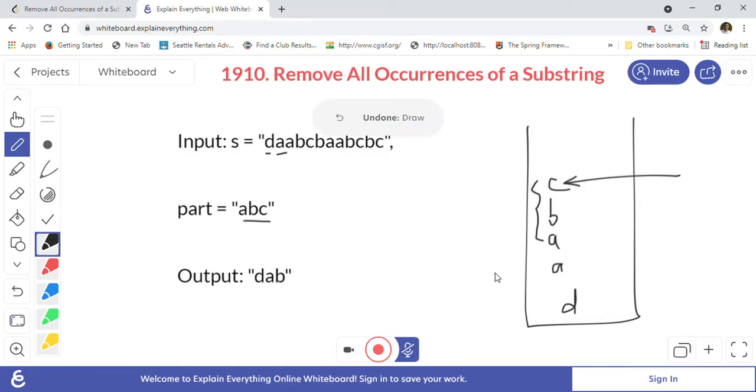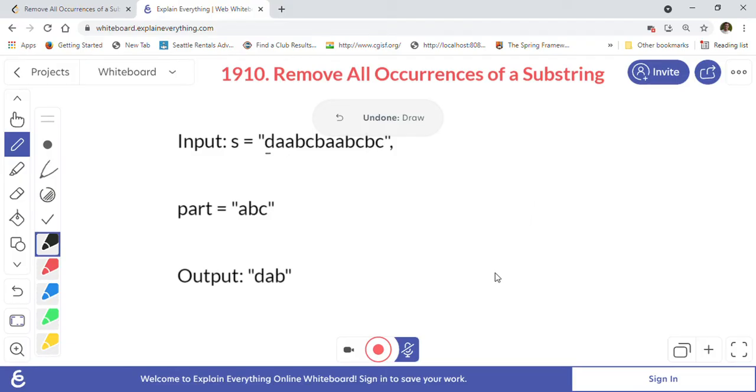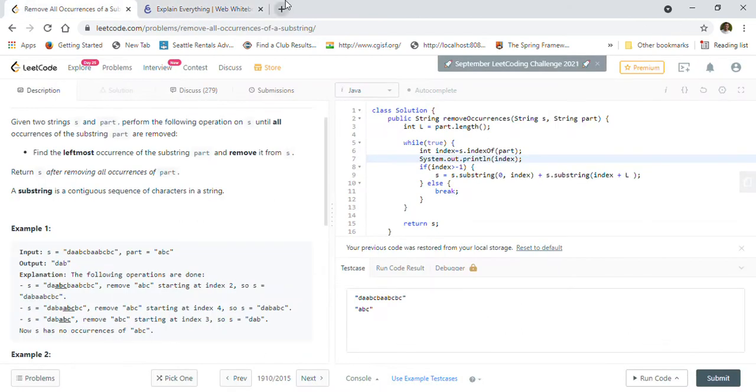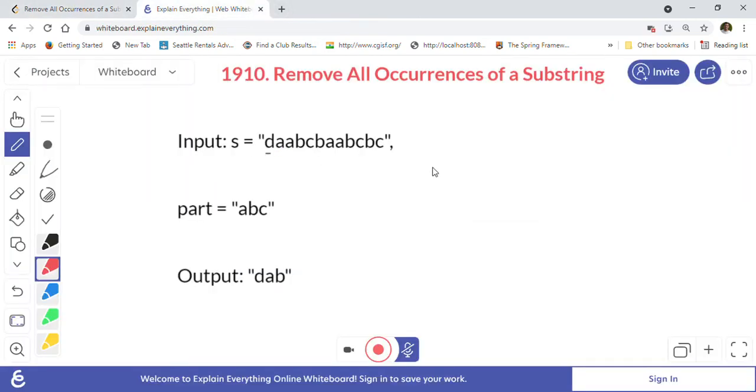But later I found a better approach than the stack approach, which I am going to show you today. We have the indexOf method in the String class.